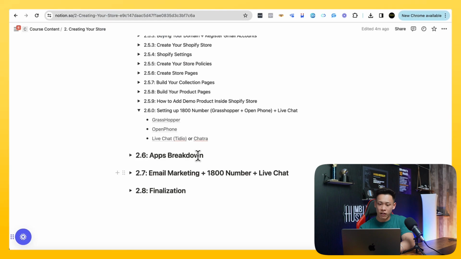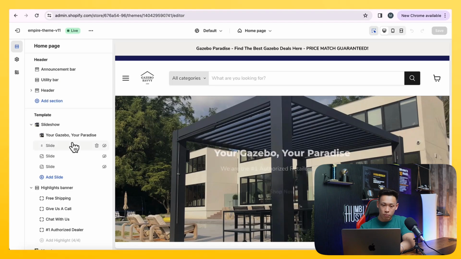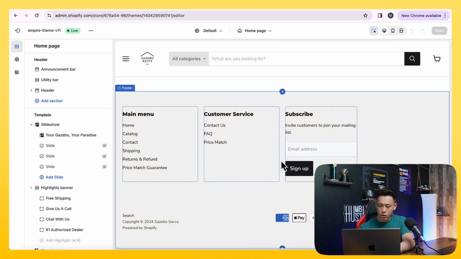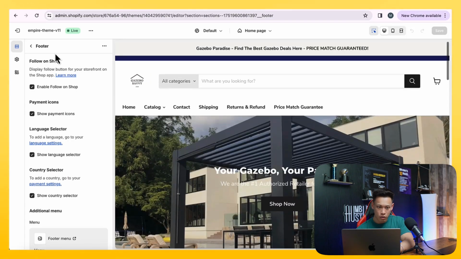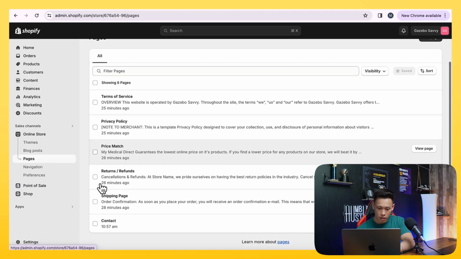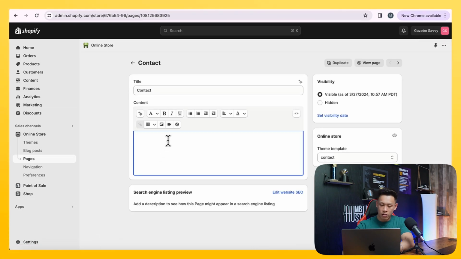But we pretty much have our 1-800 number, which is this, and then we have our live chat installed. So what I'm gonna do is I'm gonna open up the Gazebo website again, and we're just gonna plug in our number. So where was our number before? What you can actually do is go back over here and then go to pages and then go to contact us,